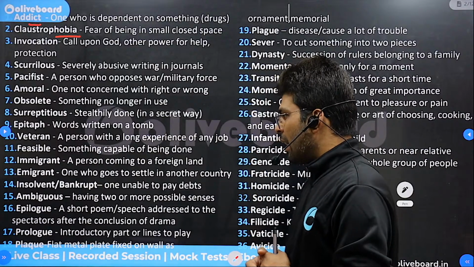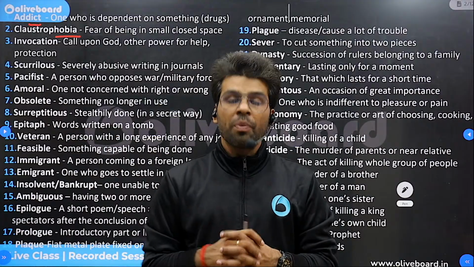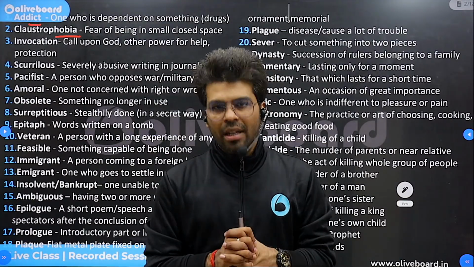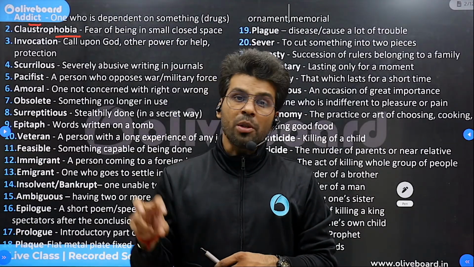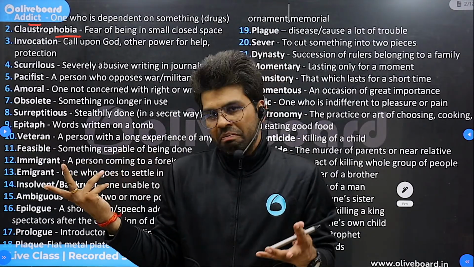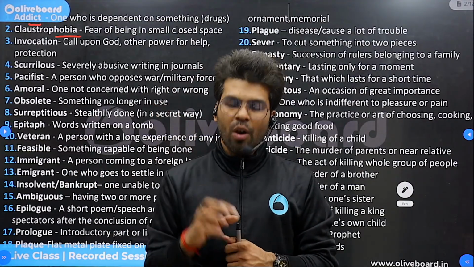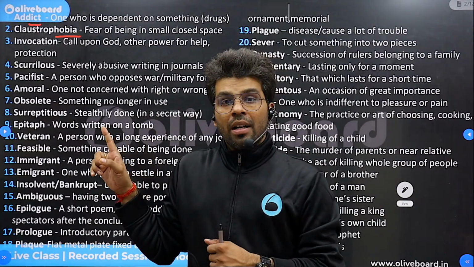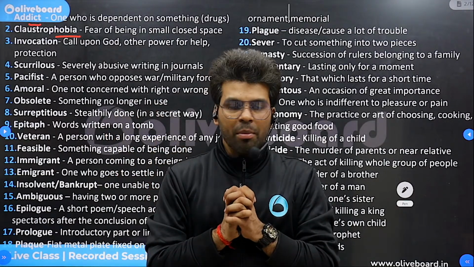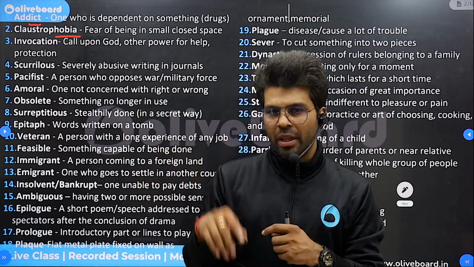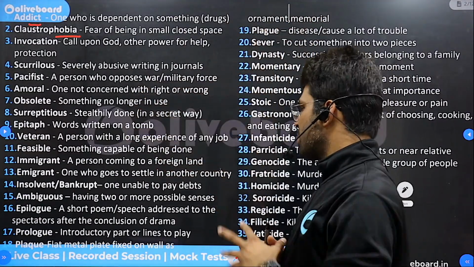Insolvent and bankrupt are quite common words. We use them or hear them in daily life conversations also. When somebody has taken so much debt that they are not able to pay it back, we call them bankrupt. And insolvent also; the opposite is also true. The one who is able to pay his debts is supposed to be solvent. Solvent, the one who can pay debts. Insolvent, who is unable to pay debts. Bankrupt also, nearly the same. Bankrupt actually is a state marked by banks or those institutions.